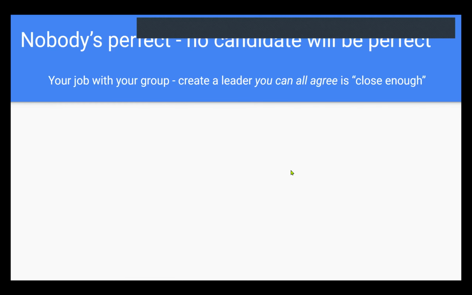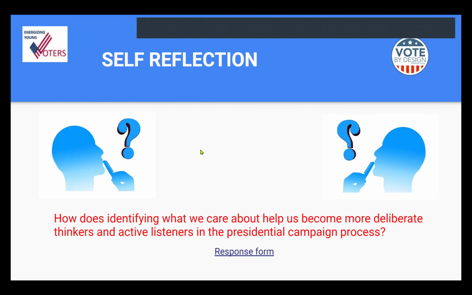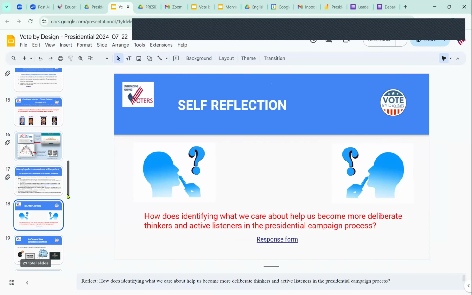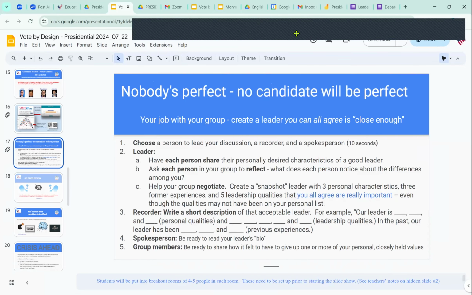All right, so here's the "Nobody's Perfect" activity. This is what you just did, so I'm going to flip through it. And then we ask the kids to respond with, "I used to think, but now I think." How has your thinking changed because you spent the last 40 minutes doing what we did here? I'm going to skip that and show you, if I were going to go on, I would just hide that slide. So we would go from this slide